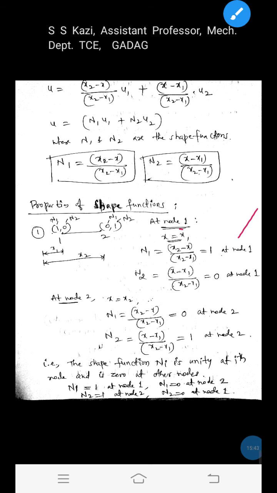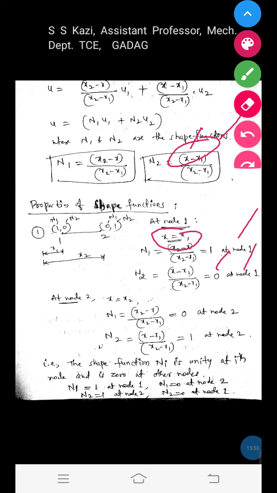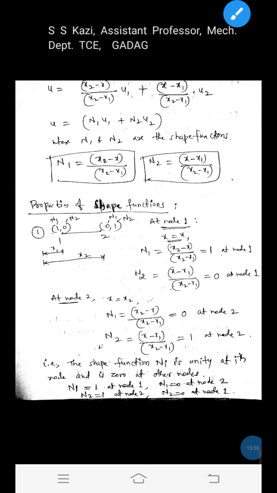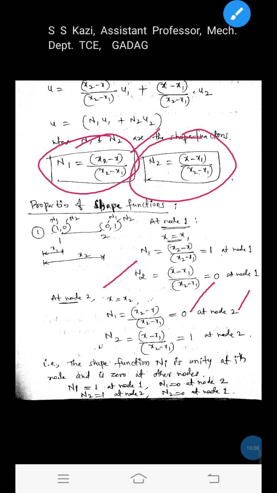And if we put the node 1 condition x is equal to x1 into the N2 equation, then the numerator will become 0, so N2 will become 0. N2 is 0 at node 1. Okay, now come to node 2. At node 2, x is equal to x2. If we put x is equal to x2 in the N1 equation, then we will get N1 is 0 at node 2. And if we put x is equal to x2 in the N2 equation, we will get N2 is equal to